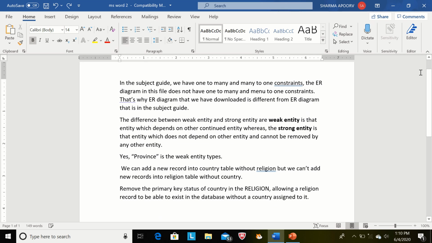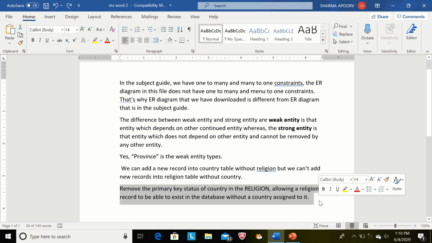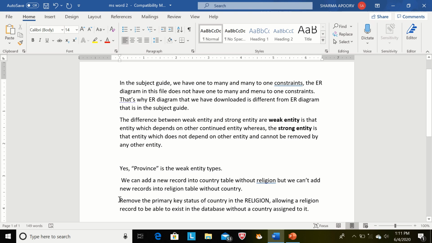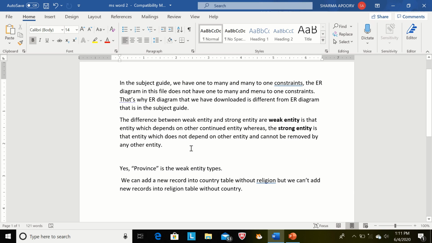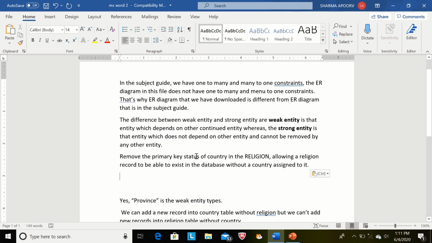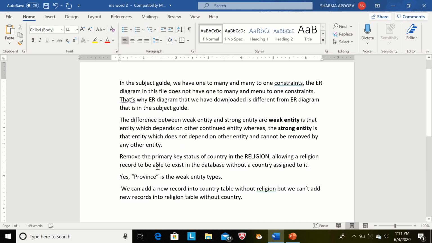Now I am pressing Ctrl Z to undo. Now I am using cut paste. Cut paste is basically used to move the selected part of the document to the desired position. First I am selecting this part and using Ctrl X for cut and Ctrl V to paste. Now this part has moved to another location. This is cut, copy, paste.